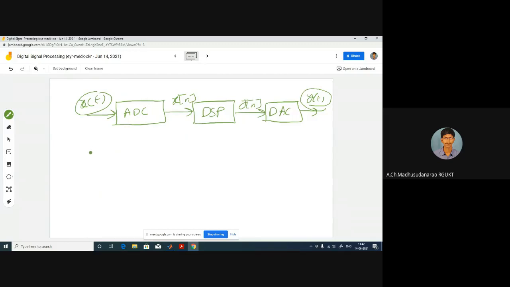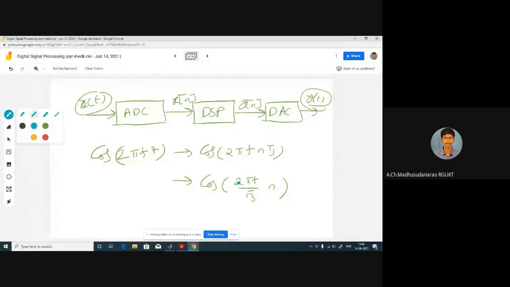Okay, what is the constant frequency for this? We started with cos 2 pi ft, and after that we sampled that signal, cos 2 pi f nts. At every ts interval we sampled. From there we got this expression, m by fs into n, where this corresponds to omega in radians per sample, and this corresponds to capital omega in radians per second. That's what we had until now.